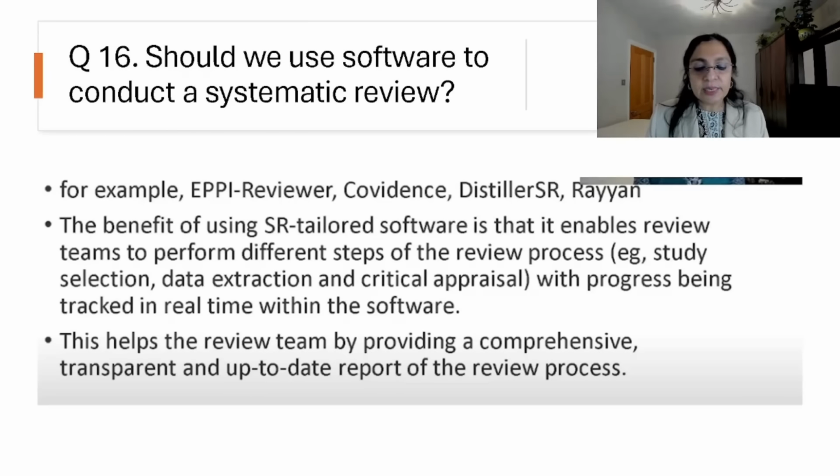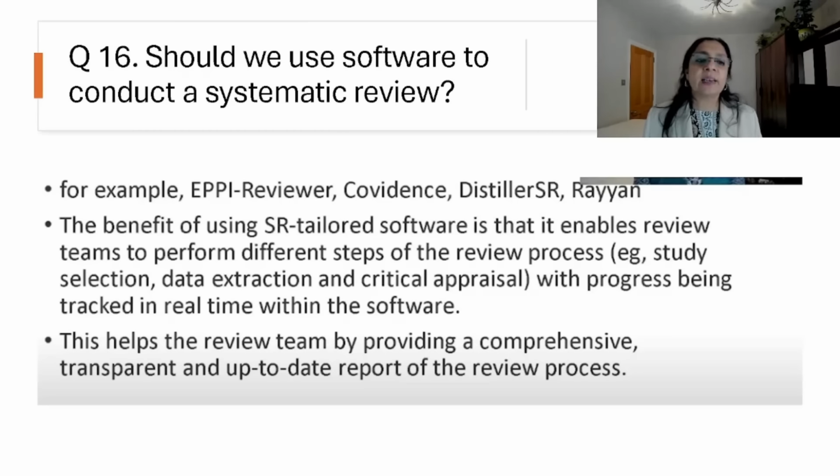This helps the review team by providing a comprehensive, transparent, and up-to-date report of the review process, and it also helps in making some of the steps easier, for example deduplication of studies, to remove the duplicates. Systematic review software helps to remove duplicates. Other software can be used too; reference manager software also helps in removing duplicates. But systematic review software has several functionalities which make the systematic review process more efficient.